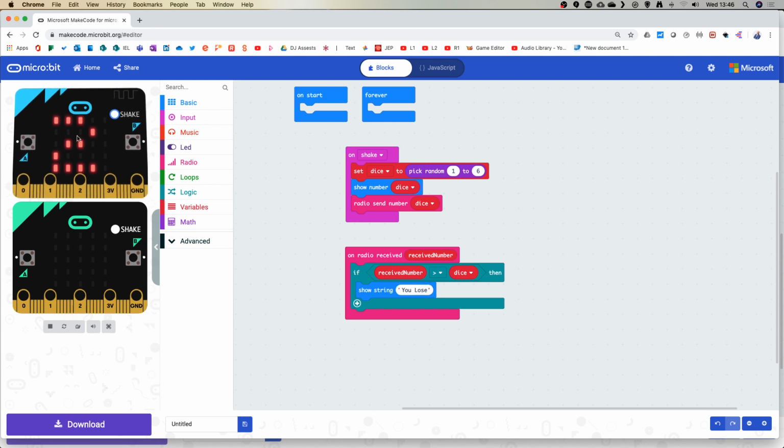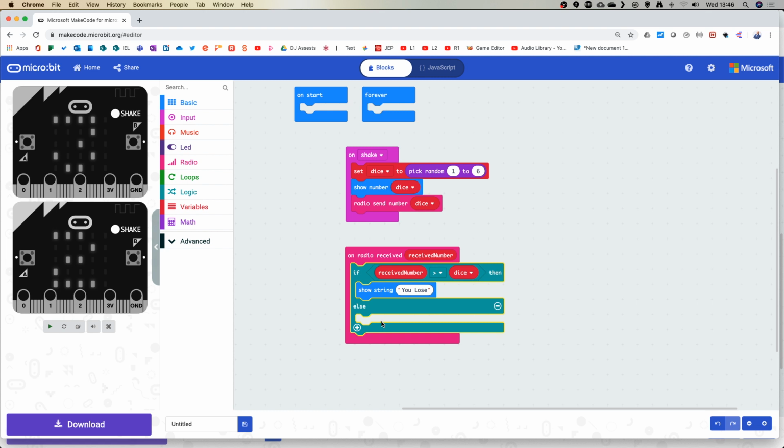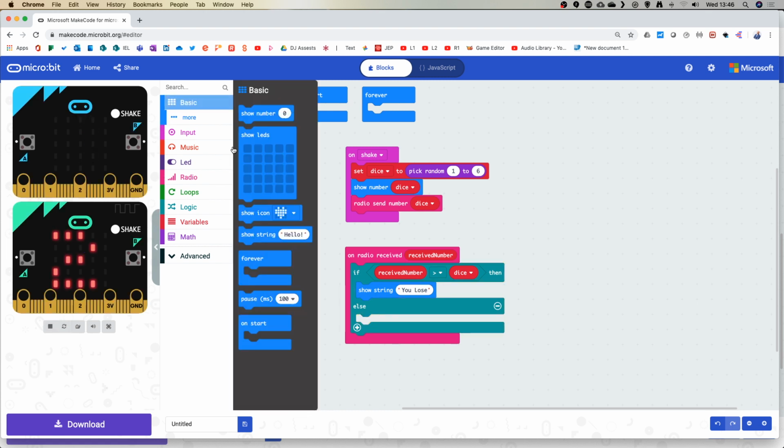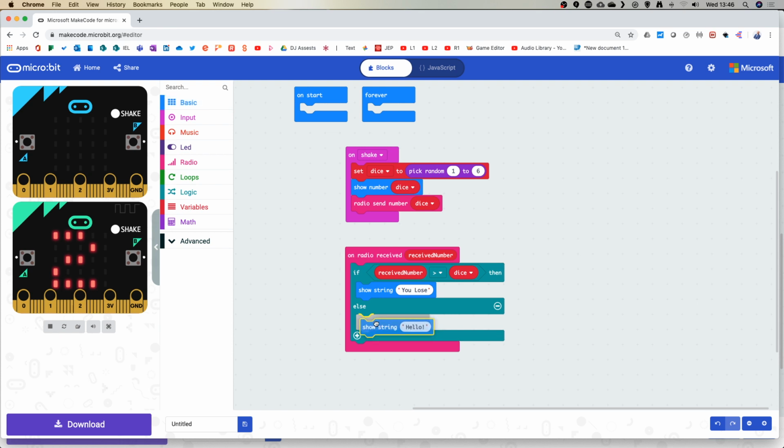In this game, if this radio signal sent out a 2, this person must have got a 1. So again here, you lose. Now what we've done, we've only said you lose here, surely. So I've shaken out, and we keep getting the loses because of the way it is. And I'm not entirely sure this emulator will actually work without a second device, but we haven't said if it's not greater, then you've won. So we can show that string. So you lose if the received number is greater, but if it's not,